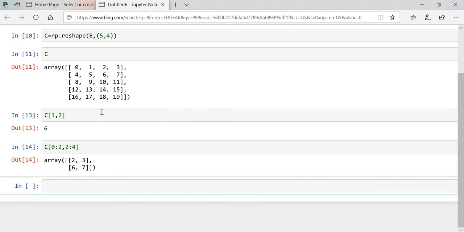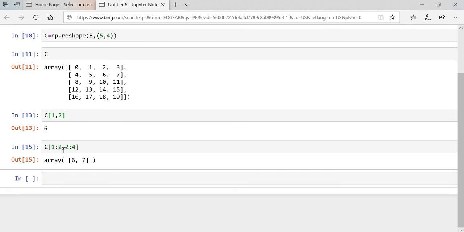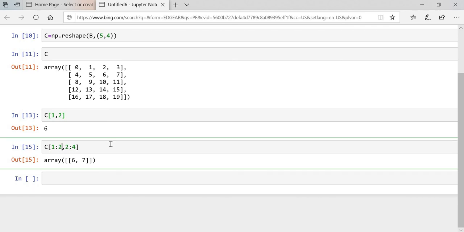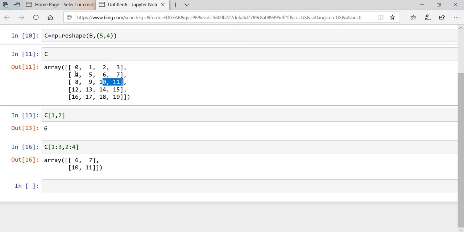Once you execute, we get it. See guys, the index starts from 0, so I have given 1 and 3. 1 colon 3 means 1 and 2 will be included but 3 will not be included. So these 2 rows will be included.